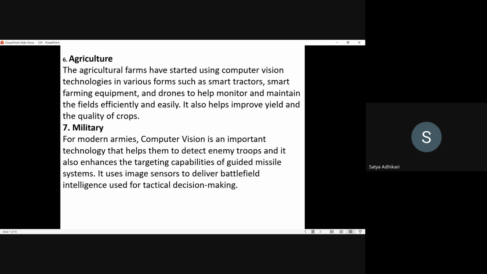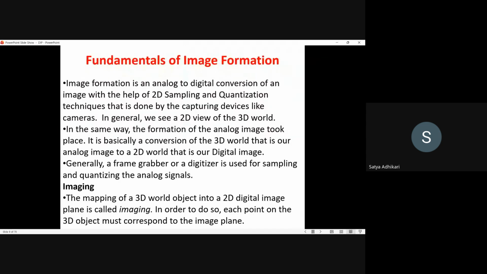Military. In the application of military, in modern armies, computer vision is an important technology that helps them detect any enemy troops, and it also enhances the targeting capability of guided missile systems. So in a guided missile system, if there are any enemy troops in the area, it detects that area using computer vision. It uses image sensors to deliver battlefield intelligence used for tactical decision making. Besides that,